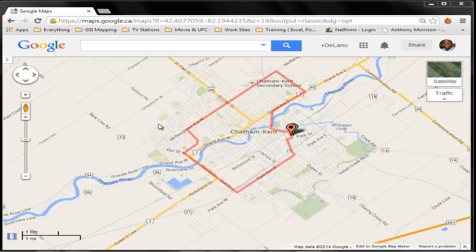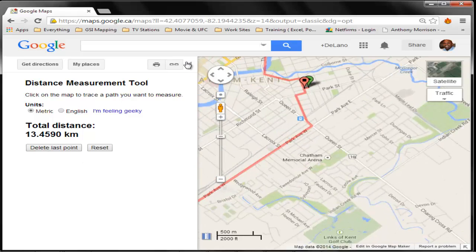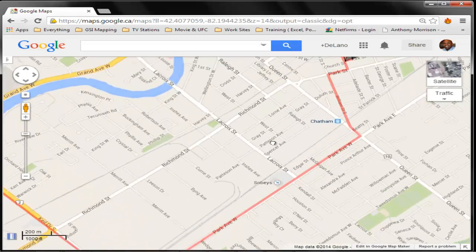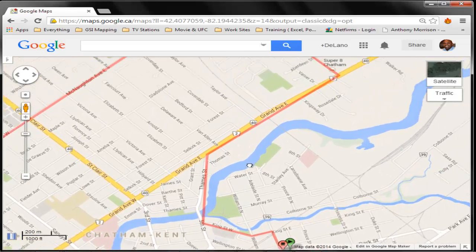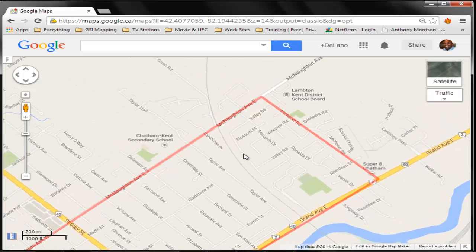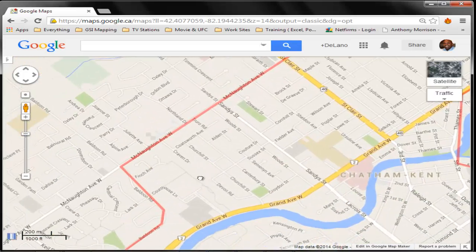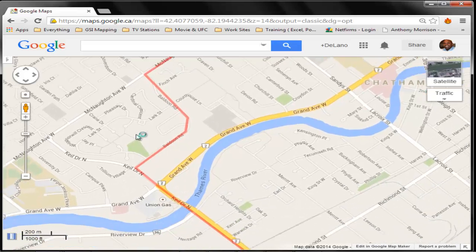I actually took this yesterday and today. So this is the route that I would take. I have to click here and take that distance off so I can enlarge this. I start out on Kirk Street, go down Kirk Street to King Street, come up King Street, go all the way to Thames, take Thames all the way to Grand, from Grand all the way to Missioner, from Missioner all the way to McNaughton, McNaughton all the way down here to Baldoon, then go around Baldoon all the way to Kyle,